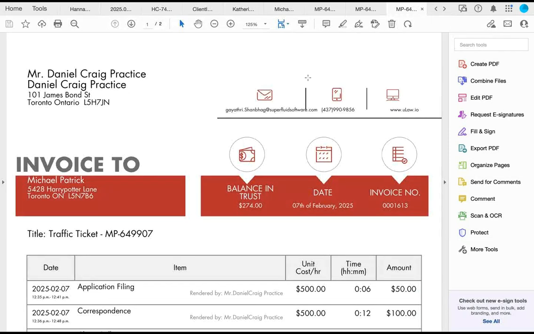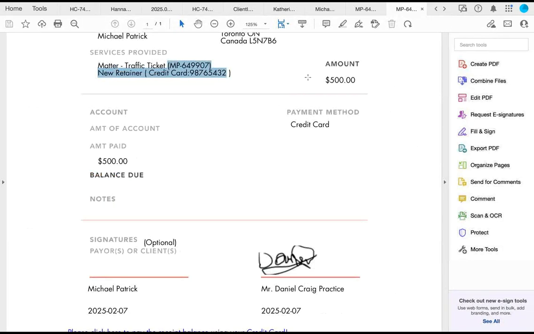I have a question here. Would you mark the invoice as paid as the amount is taken from trust? Once it is taken out, yes, you can mark it as paid. Yeah, you can mark it as paid when it is taken out of trust. But while you're raising the invoice, you are not yet getting paid, right? It's assumed that you get paid only after you raise the invoice, because in case of trust, but if this is the case,